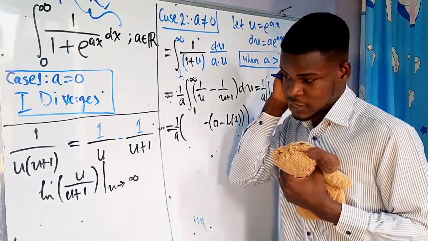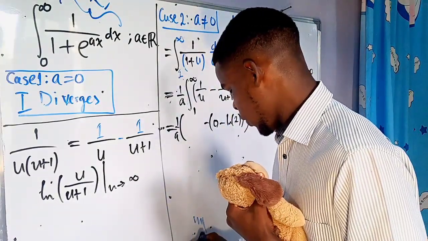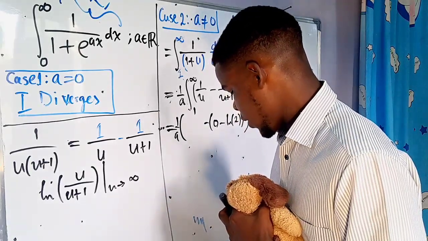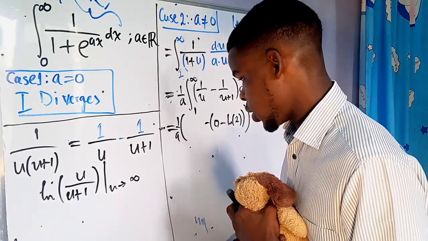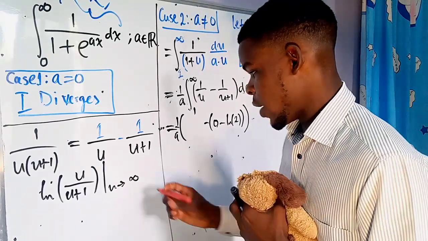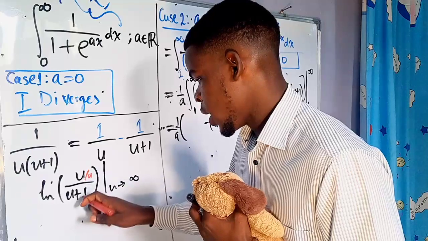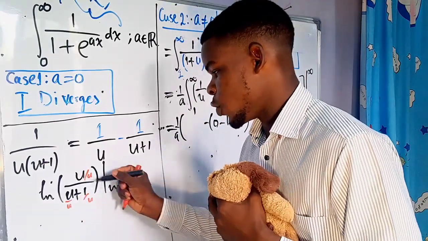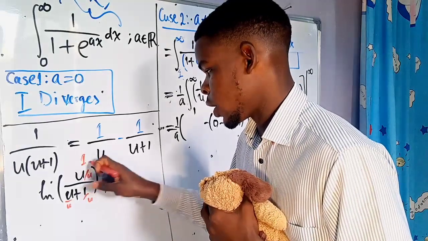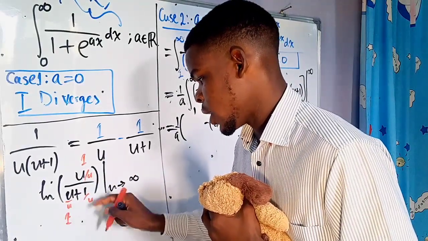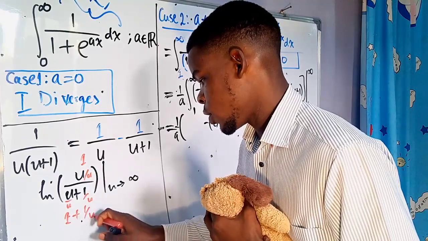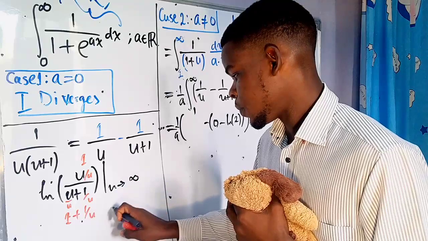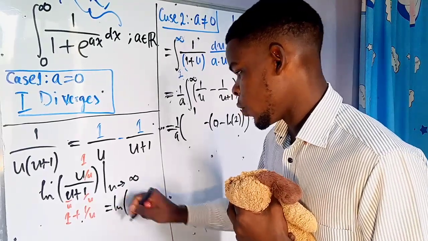Now to solve this kind of problem, we usually start by dividing the numerator and denominator by u. All right, let's see if that will work. So we divide the numerator by u, and then we divide the denominator by u. When we divide u by u, we're going to have 1 at the top. And we divide u by u here, we're going to have 1, and then we're going to have 1 over u here. So as u approaches infinity, this will become natural logarithm of